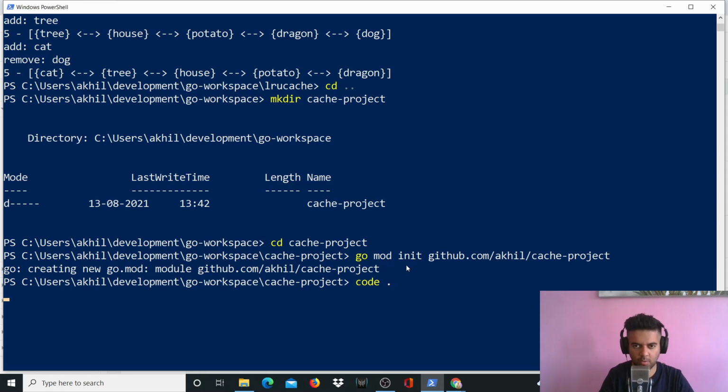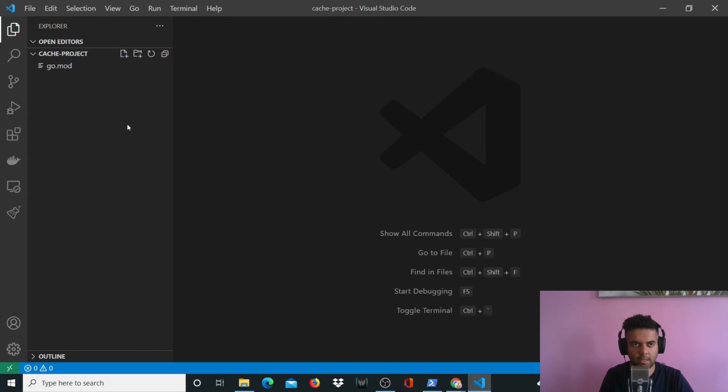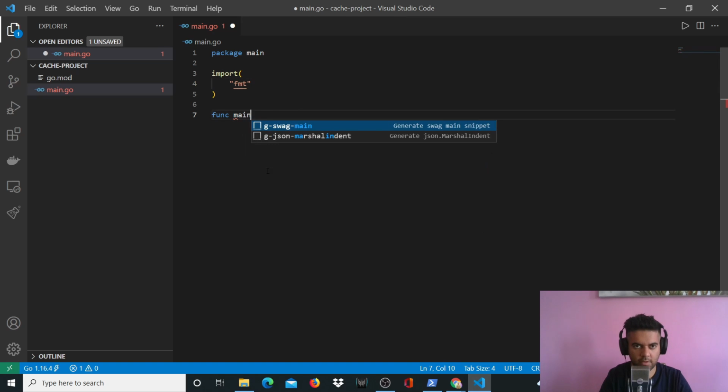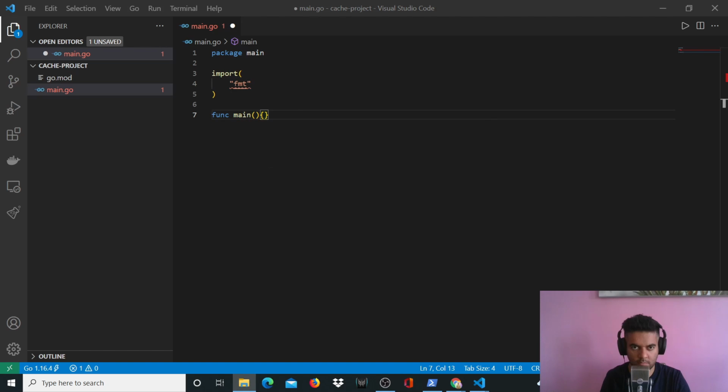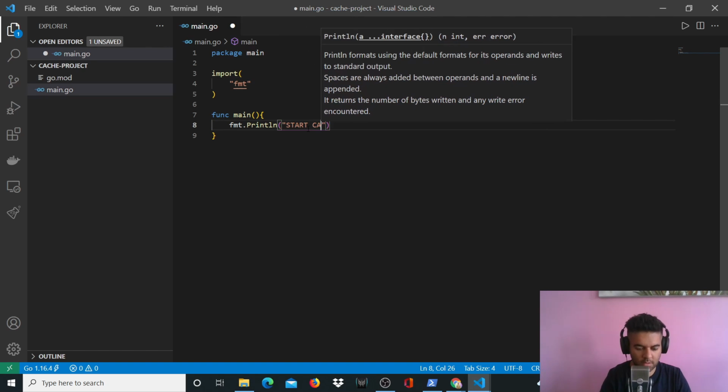So let's go ahead and open this project. Let me bring it onto the screen so that you can see it. And here we'll have to create our main.go file, where at the beginning we'll say package main, and then we'll import a couple of things. For now, let's just import fmt, and then let's create our func main. In our func main, we are just writing fmt.Println start cache,